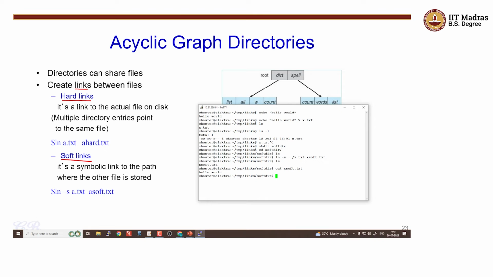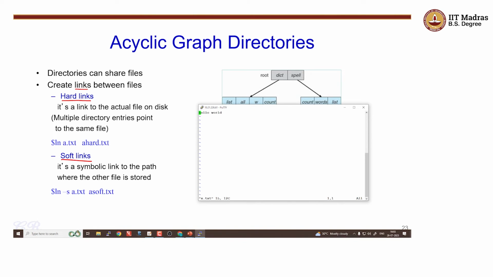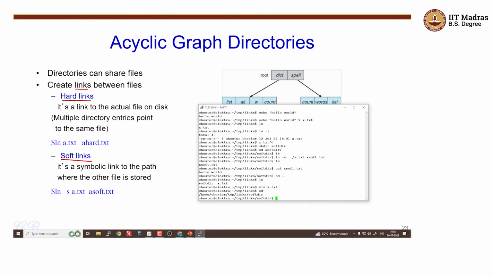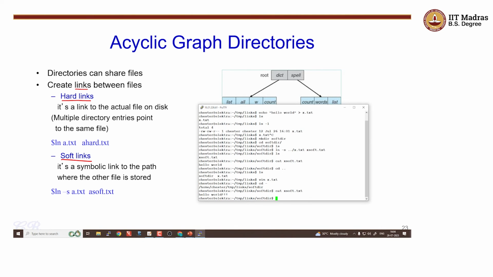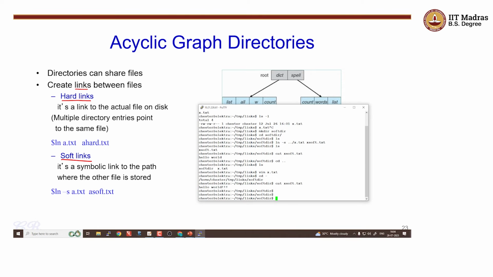Okay, so now I've created a file here, and if I look at the contents of this file, I would see the same. I would essentially be reading the same file as x.txt, and any changes in the file x.txt, like for example changing it here, would also reflect in the xsoft.txt. Okay, right. Now the problem